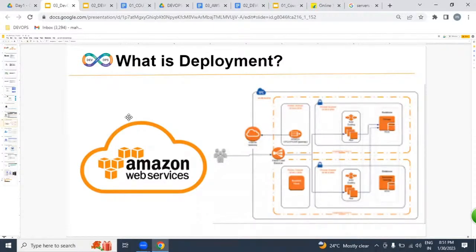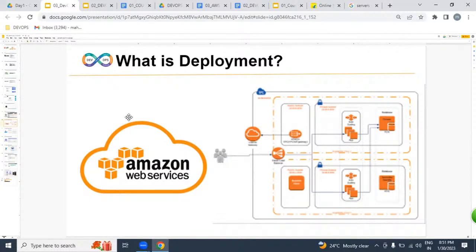So what is an advantage of AWS? By using AWS, we are able to get servers. How many ways can we get servers? Physically, like your laptop, you can buy it. In the same way we can get them virtually, or a third way, cloud. Either physical form, virtual form, or cloud.